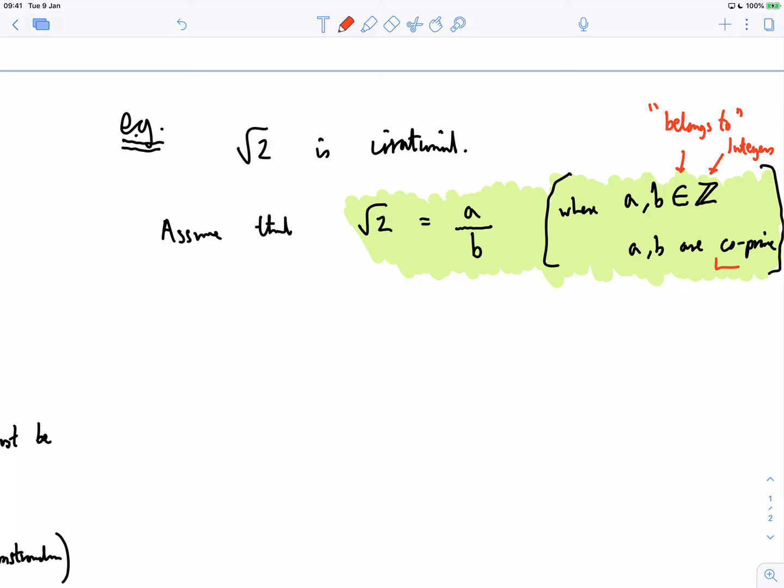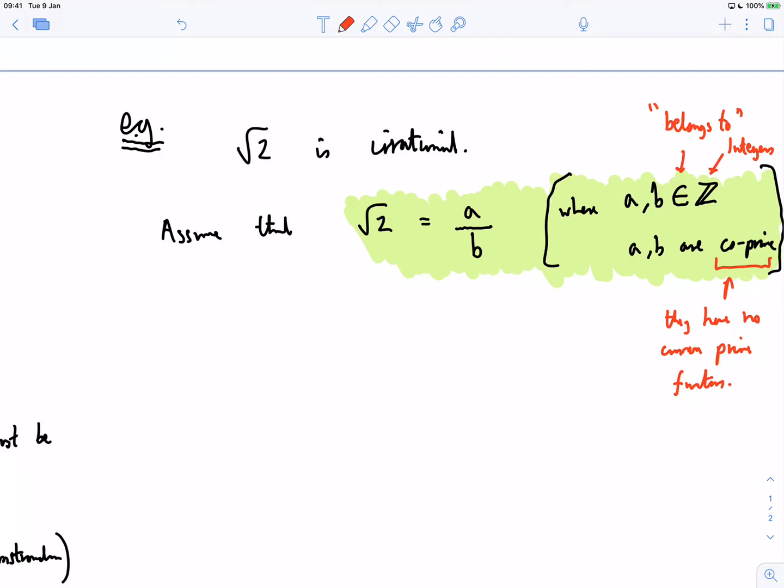And then this idea here of being co-prime is essentially saying they have no common factors, or rather they have no common prime factors,